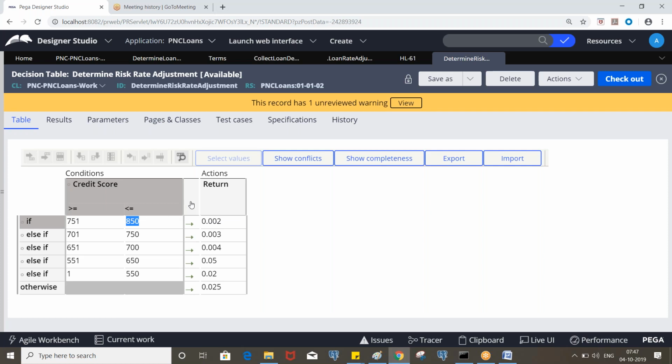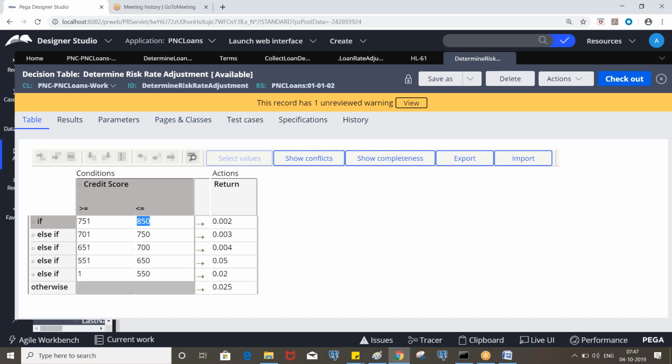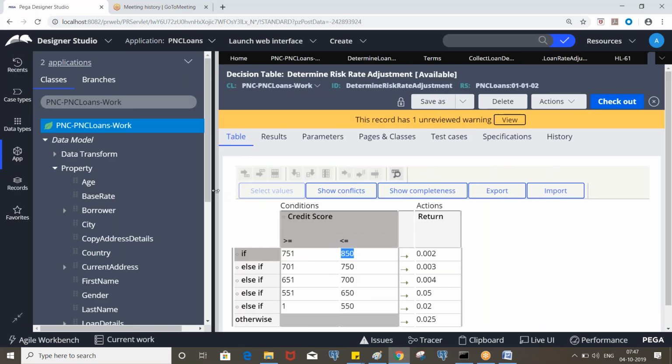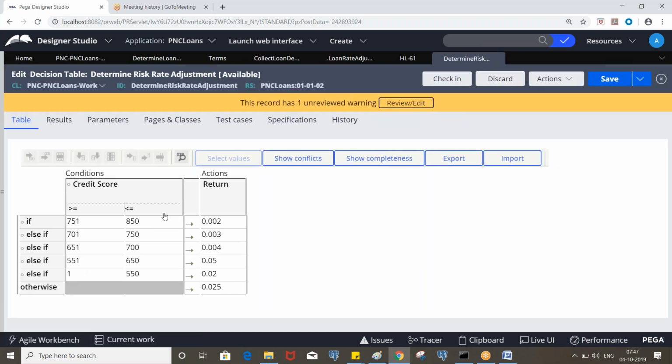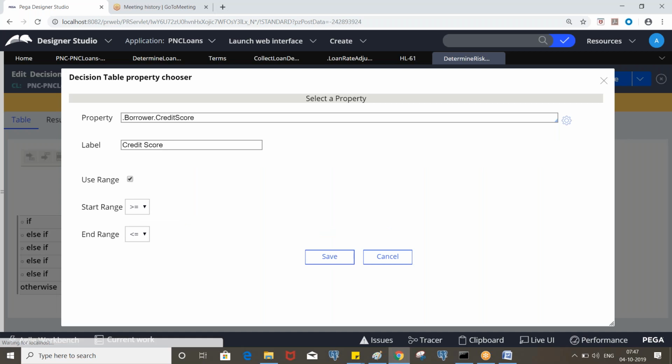It will be and only, by default. If you put one more property, and this condition is satisfied and the other property condition is also satisfied, then only it will return this value. So it is and. By default it is and.